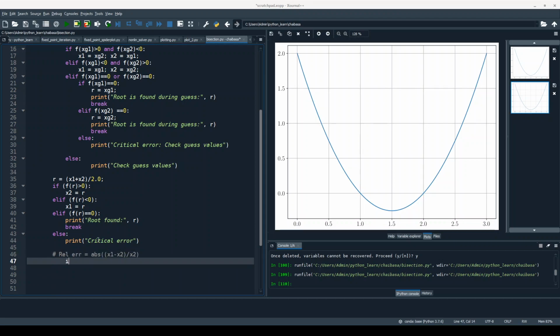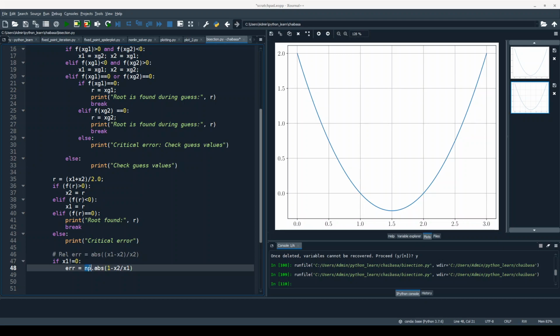So we have to check if x1 not equal to 0, then error will be np.abs 1 minus x2 by x1.